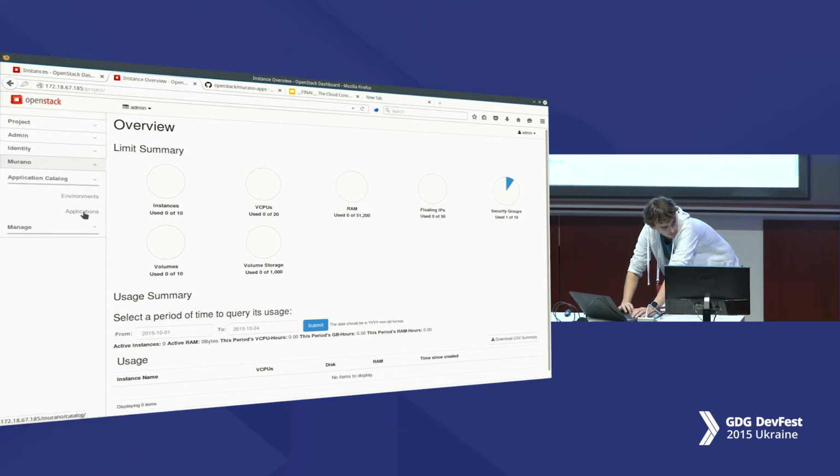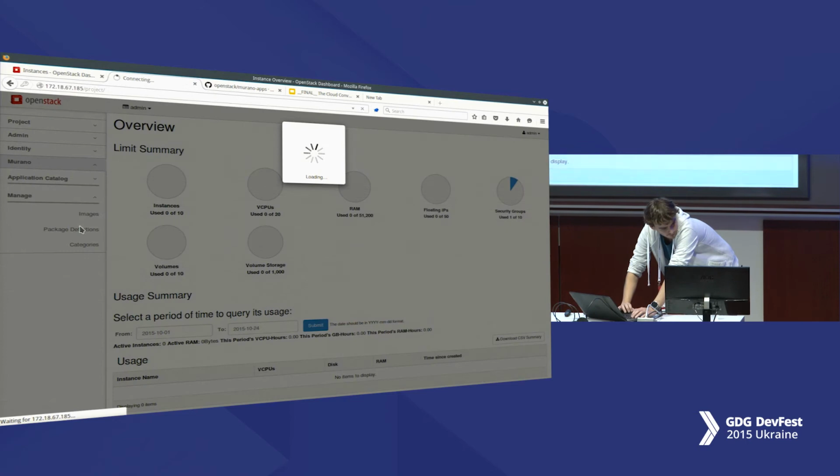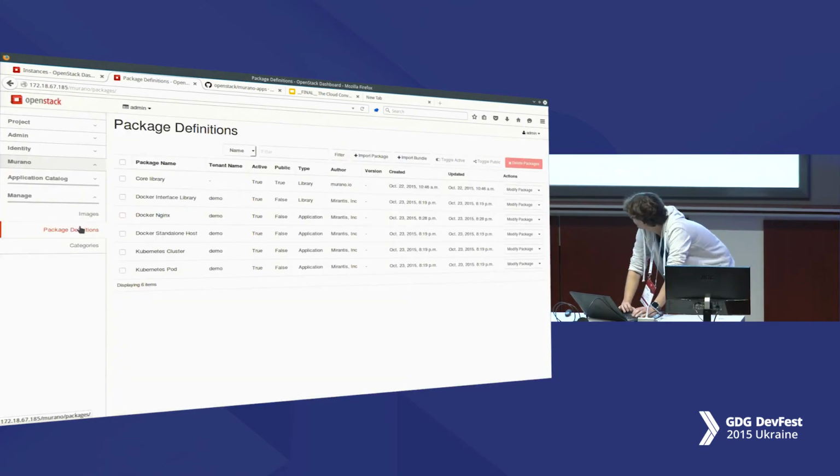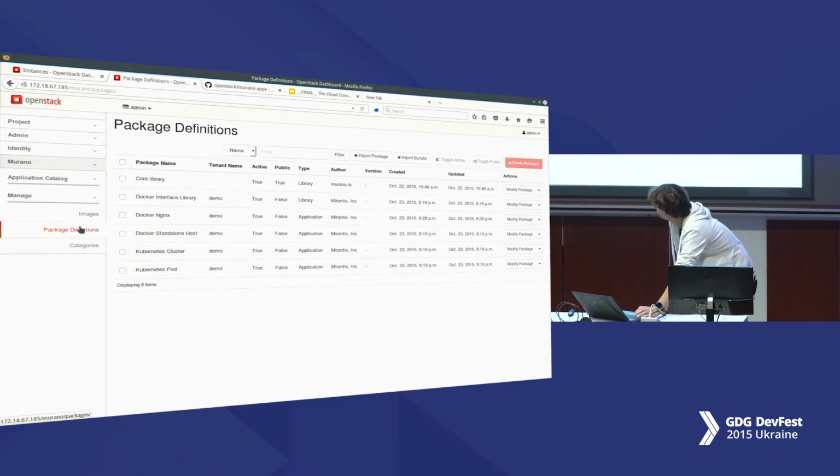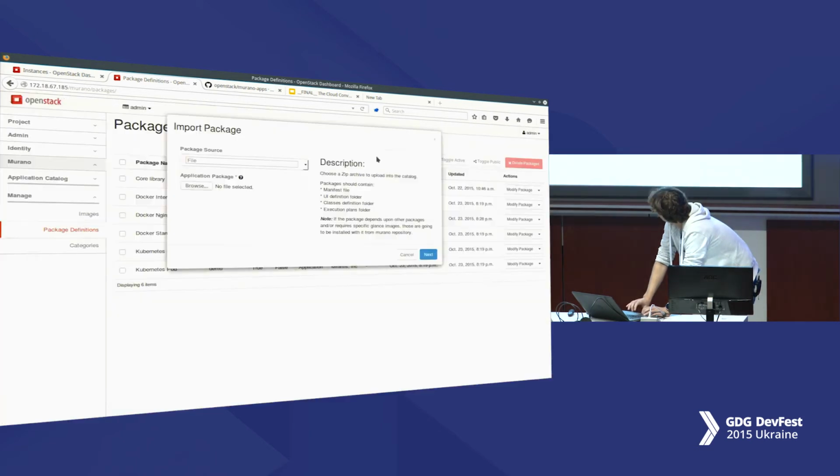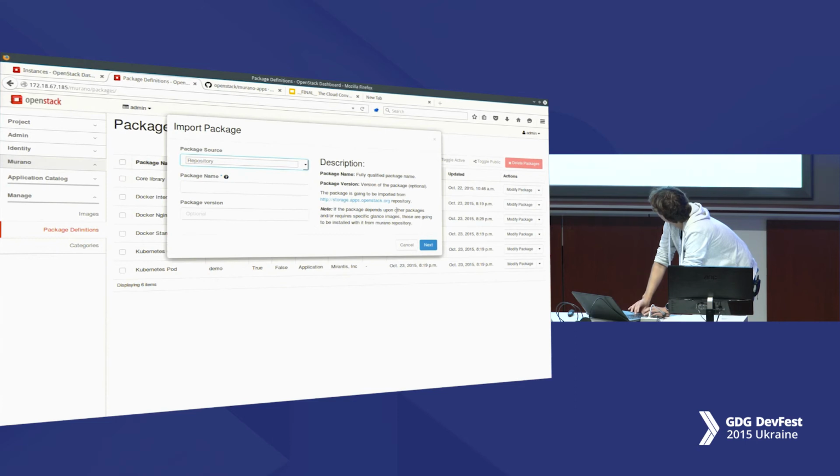And we need to run our application. There are a couple of pre-installed applications that I have imported earlier, but I'd like to show you how to import some packages here.